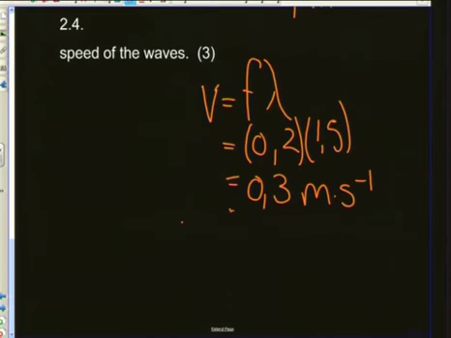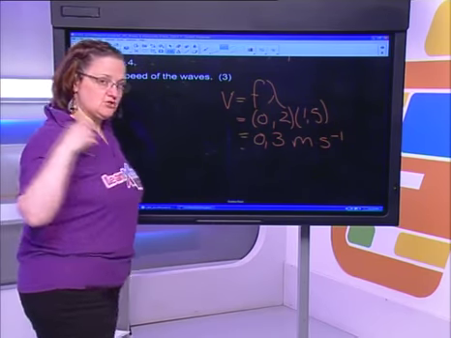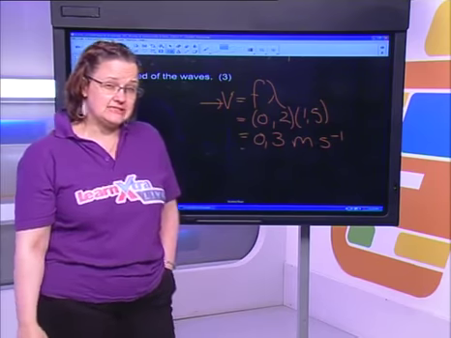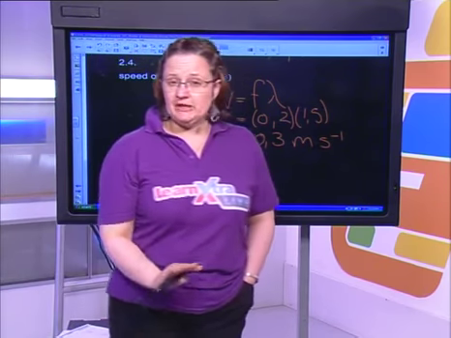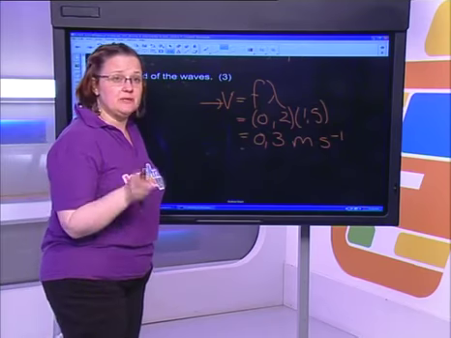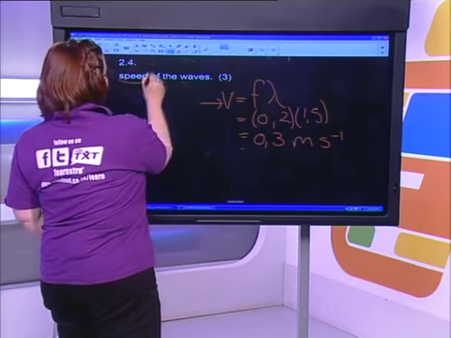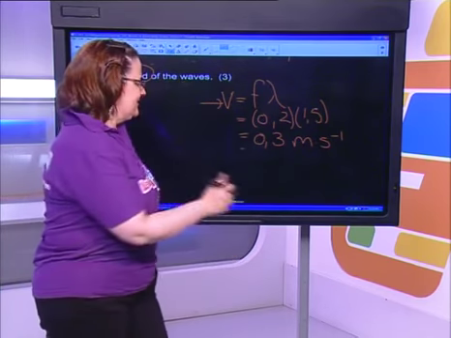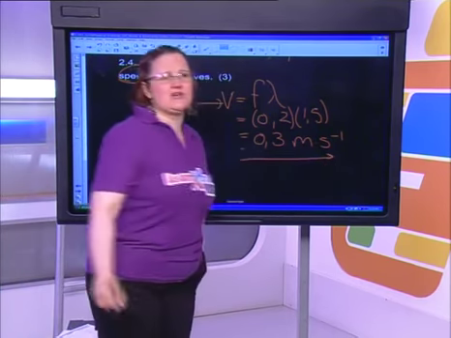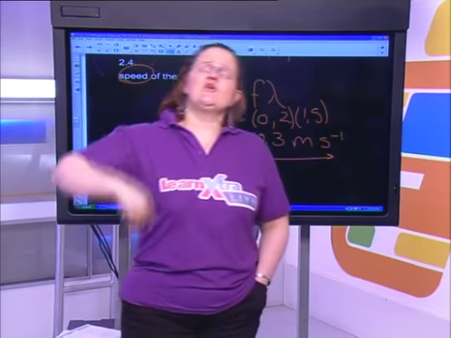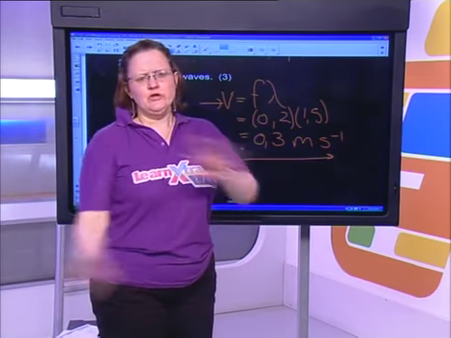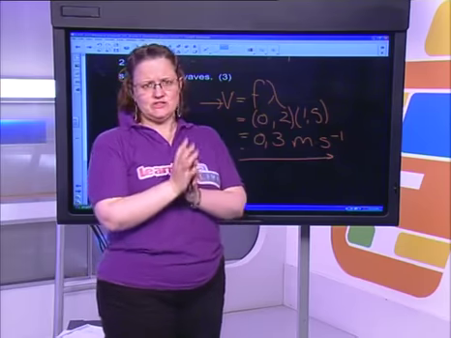By now, you have done vectors and equations of motion in class, and you realize that symbol is actually the symbol for velocity, but the question asked us for speed, so we can still use it interchangeably in waves. Because they asked me for speed, I don't need to put a direction in words. I just need the magnitude, and they're not going to ask for the velocity of a wave. They're going to ask for the speed of the wave, because the direction becomes a little bit of a nightmare with the particles moving up and down and doing all sorts of weird and wonderful things.